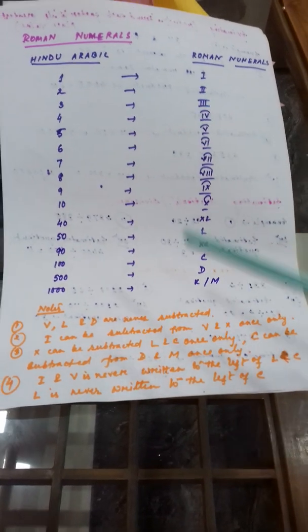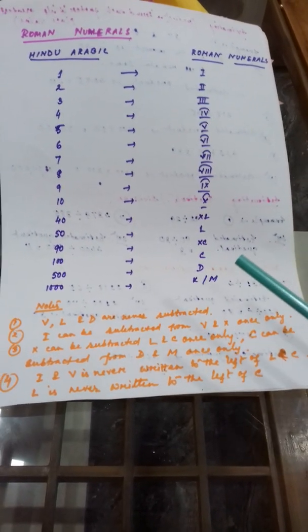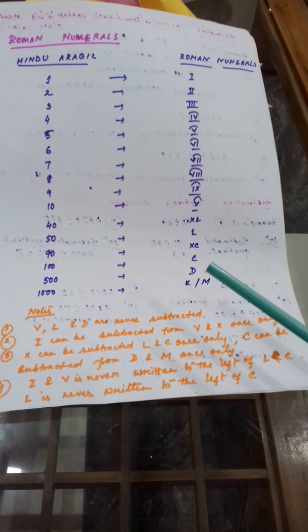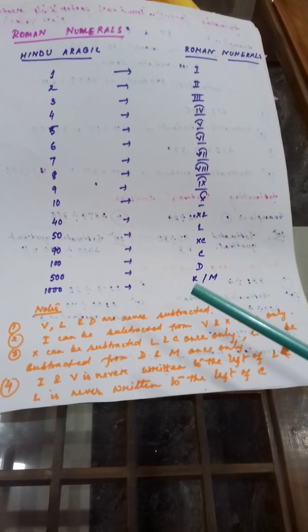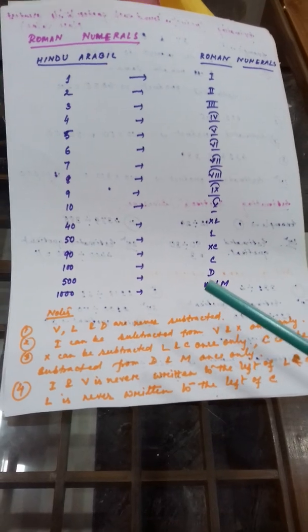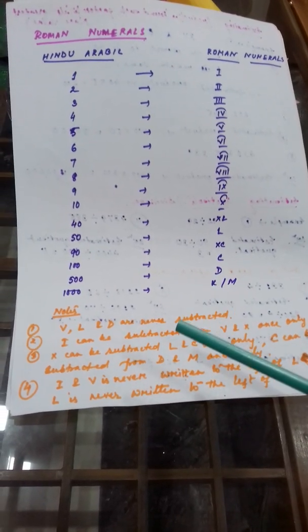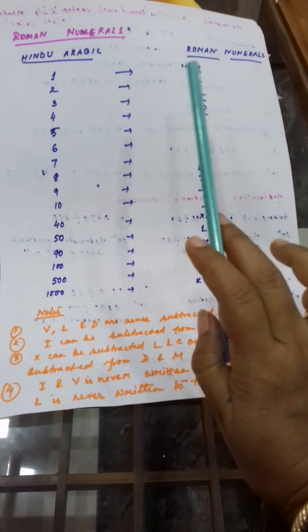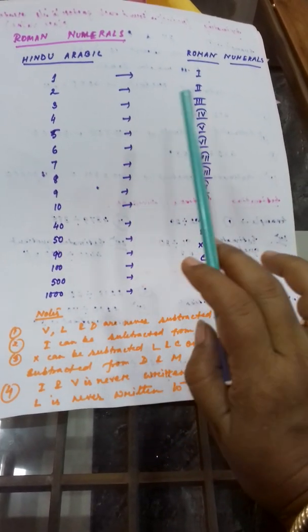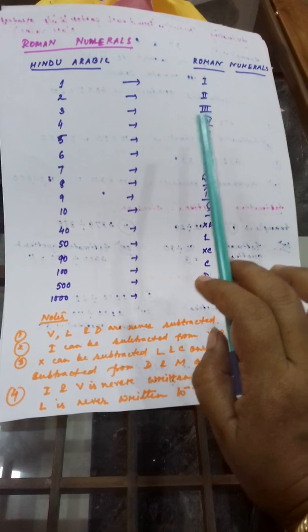Now let's see, these are some Roman numerals which are very important. If you remember these numerals, you will be able to form any Roman number. So like here, 5, which is the first thing, first 1 you know in this way, 2 in this way, 3 lines,